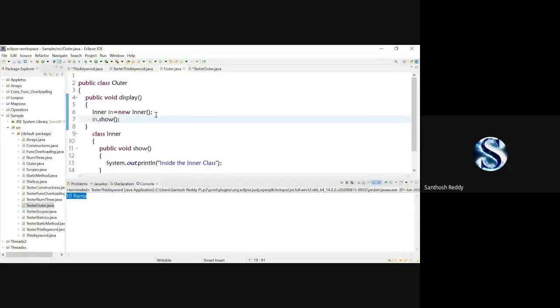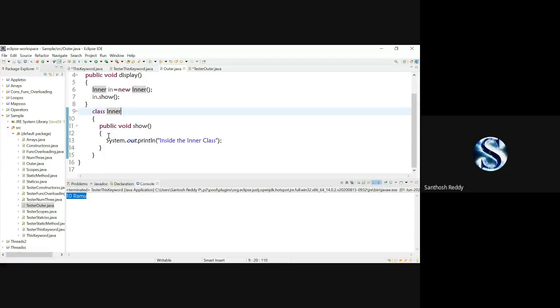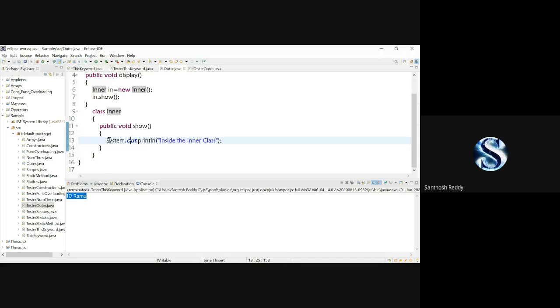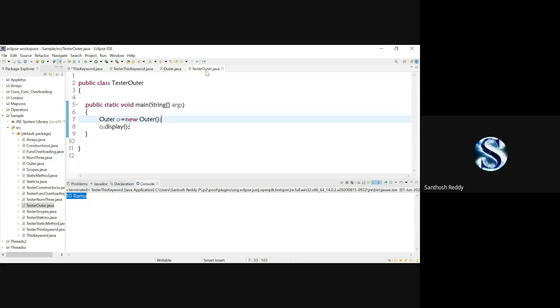Since the inner object is already created, it will jump into inner and check where the show method is. Once it finds the show method, it will start executing inside the inner class method. Now we will see this execution.